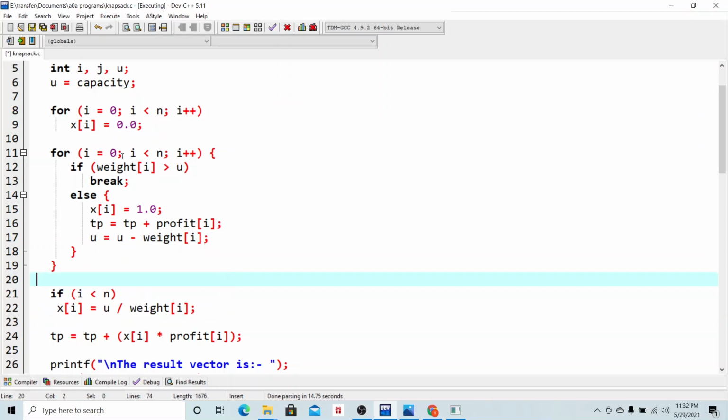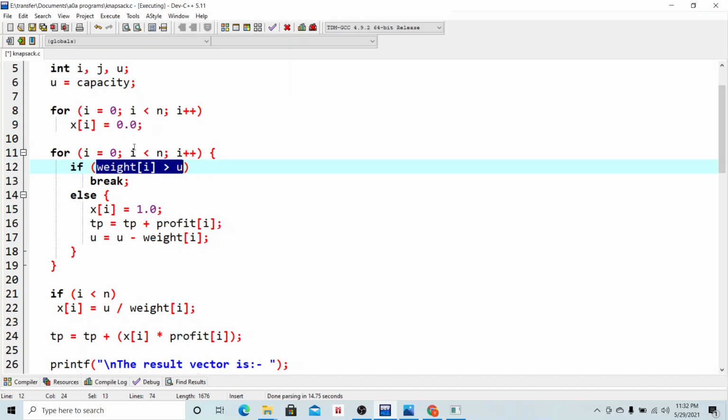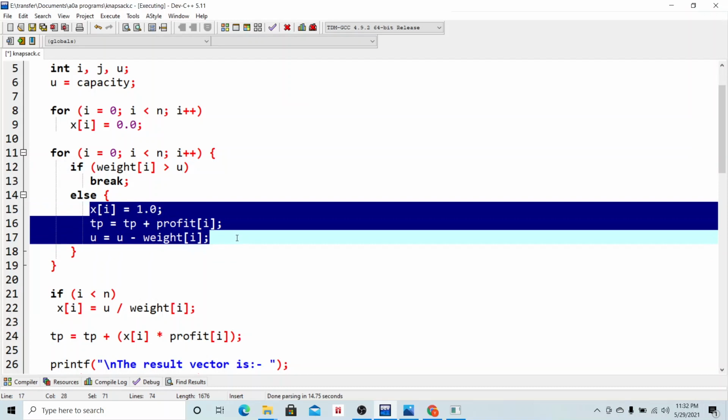And if the condition becomes false, meaning weight of i is not greater than capacity, we can fill the object. So how can we fill the objects? For this we have this line of code.